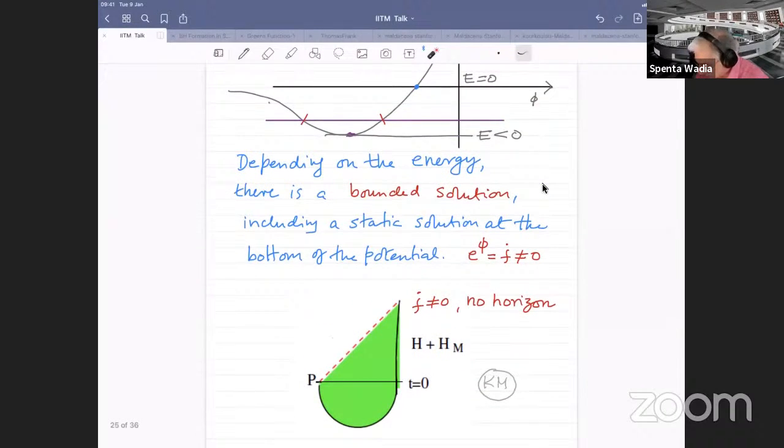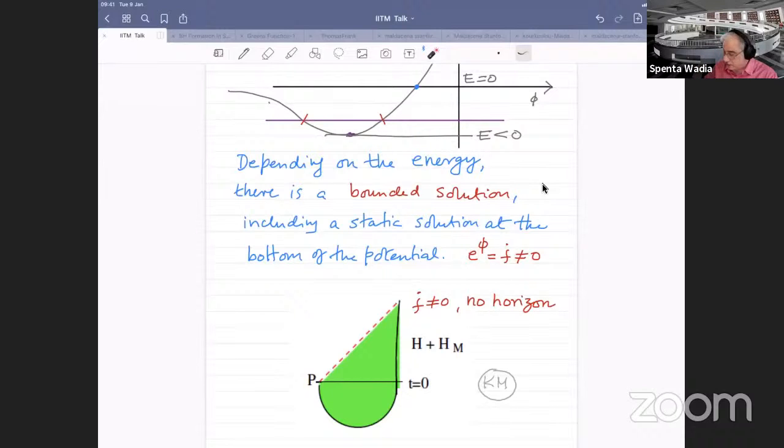Okay, so now this is the remarkable result which was derived by Kourkoulou and Maldacena, and this is really which I felt was very, very exciting: for a specific choice of the Hamiltonian parameters, it is possible to describe a geometry in which there is no horizon. And there is no horizon because in this potential problem, there is a bound state. If there is a bound state, the field phi is bounded. If it is bounded, it means that it never goes to 0. Therefore, f dot is never 0, and therefore there is no horizon.